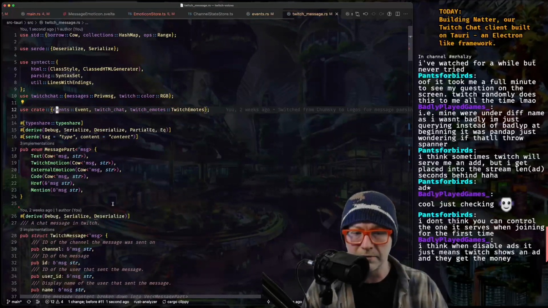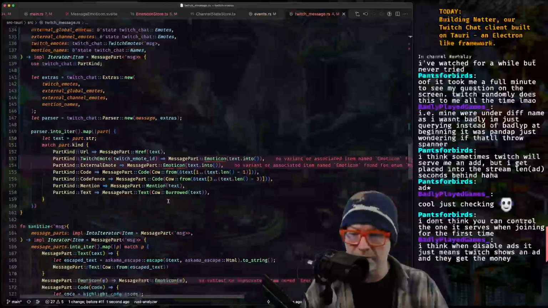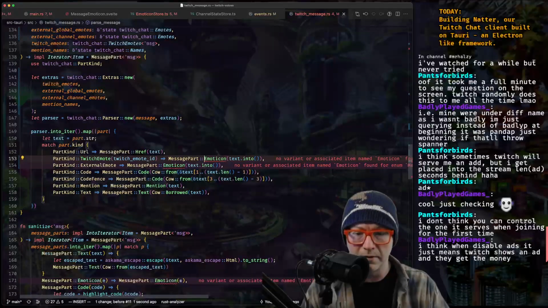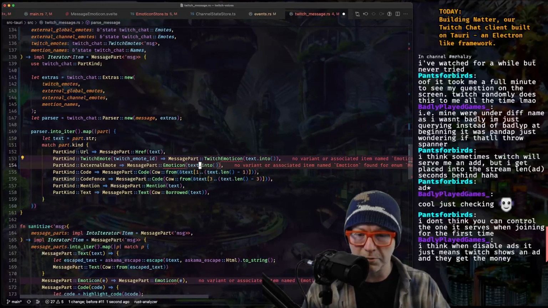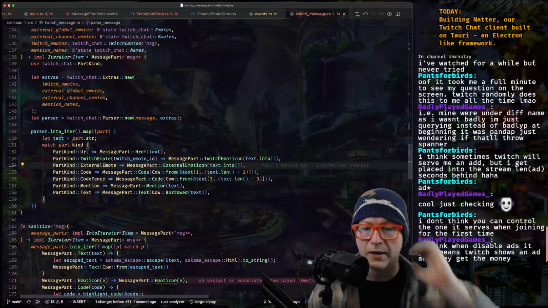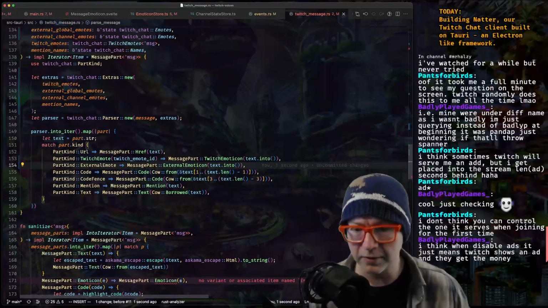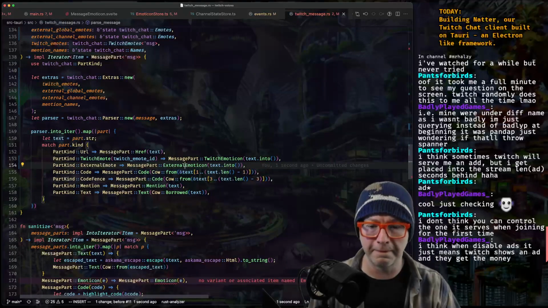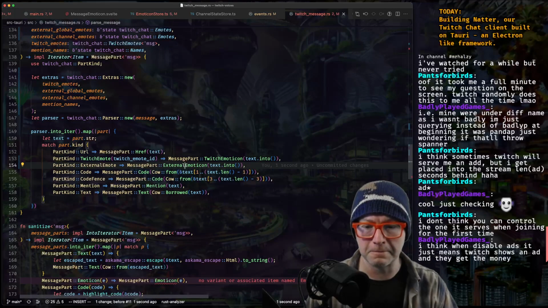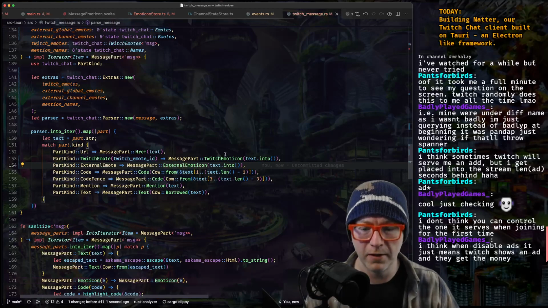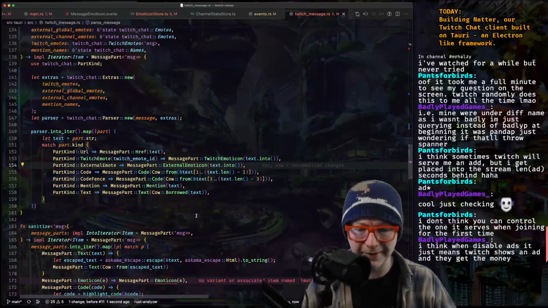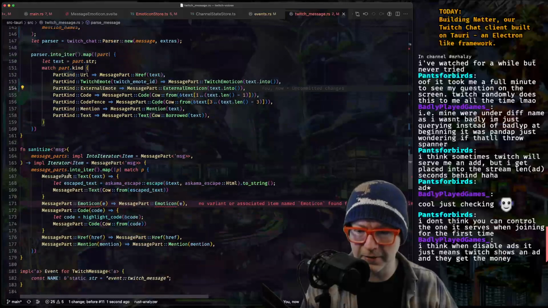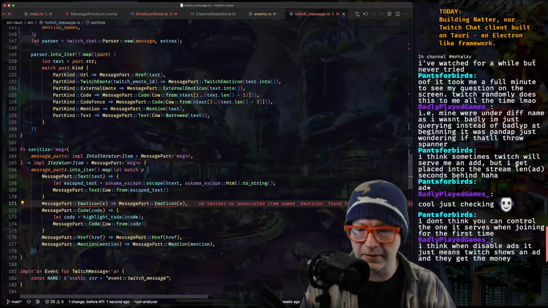That goes away. Okay. Twitch emote versus external. External emotes we should be able to make very consistent. Twitch emotes, well, they are what they are. Okay, sanitize.